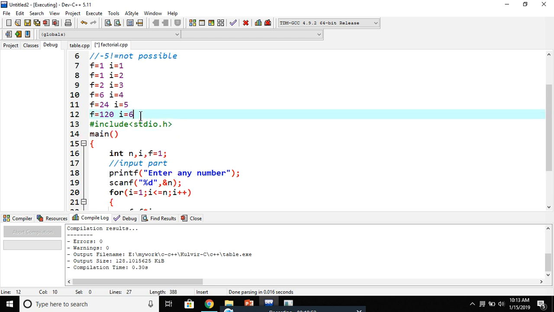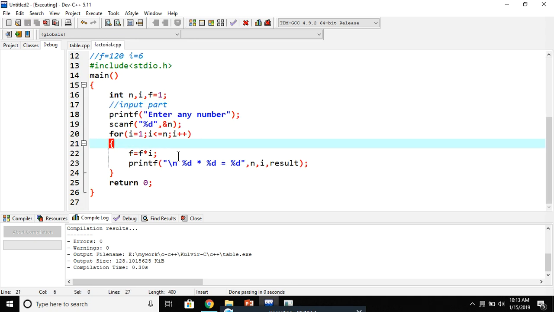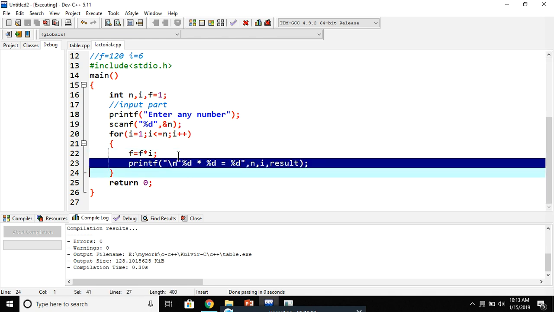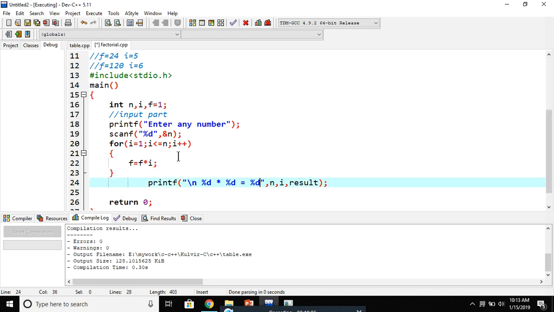Okay, so this will be the part of my logic, and I'll print this number here. So I'll say factorial of the number is,